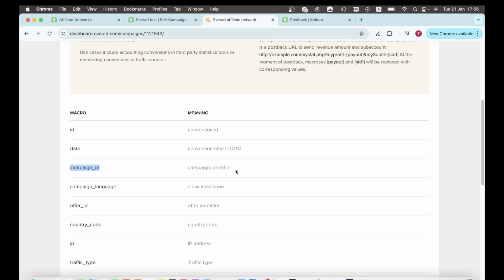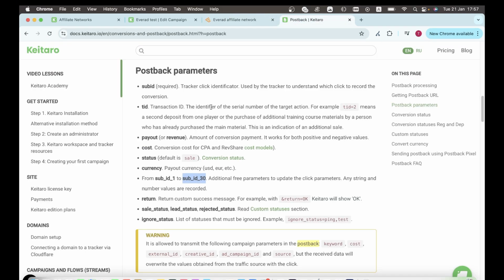Well, this ID will be included in the postback in the parameter you specify. You can find the parameters available for receiving this data in the postback documentation under the postback parameters. For instance, in which parameter should you receive the stream ID from the affiliate program? Maybe you'll need it. If you want to receive the campaign ID, check the postback documentation to see where you